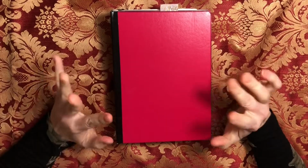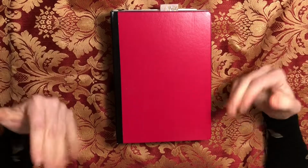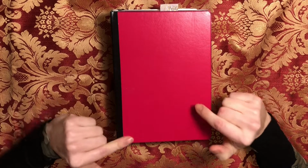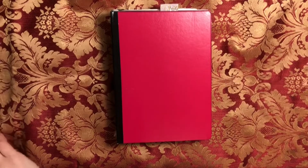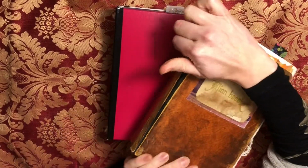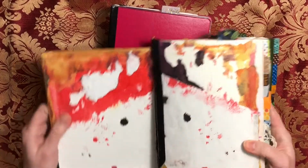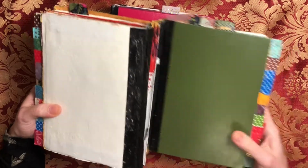You know those photos of dogs that look guilty in front of a chewed up sofa? I'm feeling a bit like that right now. This is not the book you're used to seeing, is it? Well, where to start? This is the book you're used to seeing. Look at it. It was so beautiful. I loved it so much. And, well, it's falling apart. This I'm actually responsible for. I was going to check something and, well...